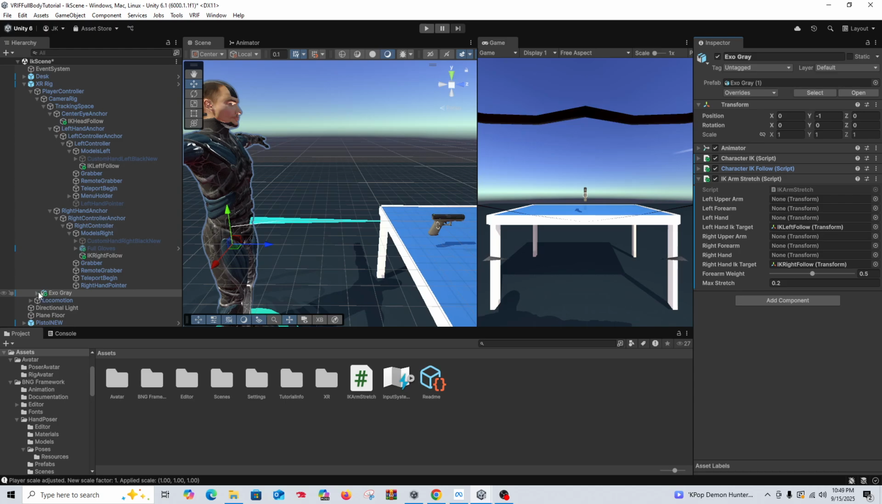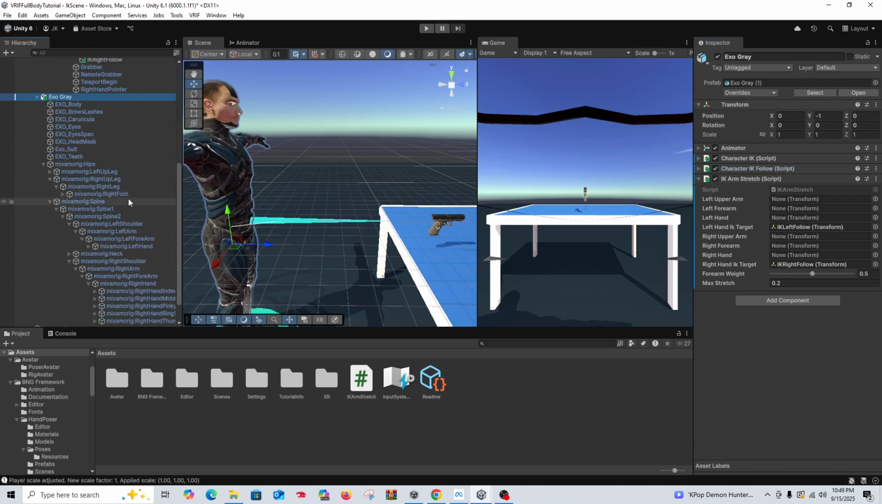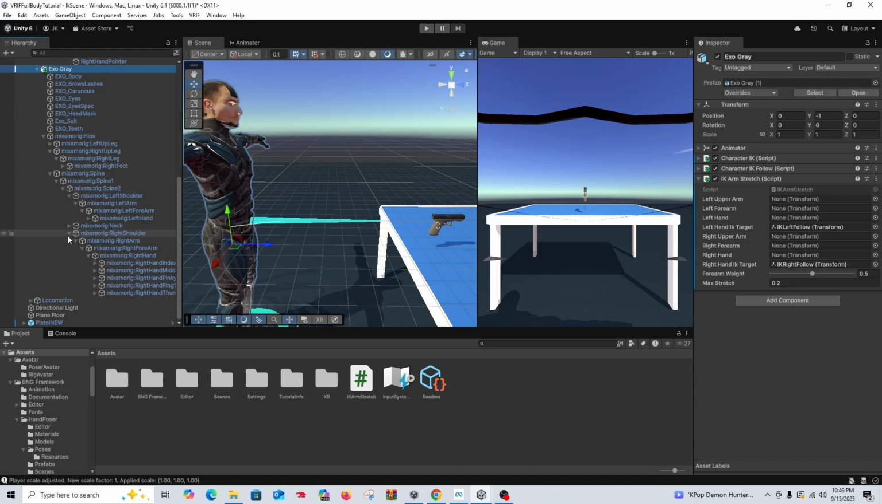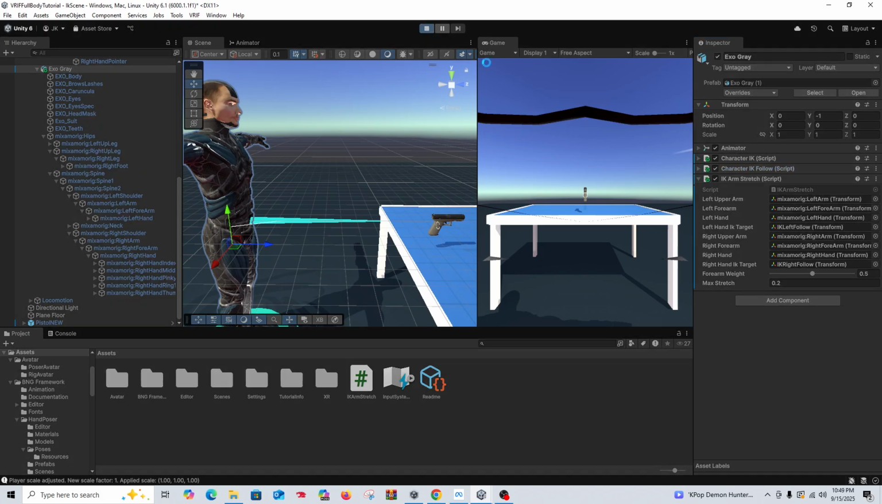So let's open up our rig, come down to the hands. So we need our right hand, need our right forearm, and I need my right upper arm. And then same thing for the left hand, and my left forearm, and my left upper arm. So now when I hit play,